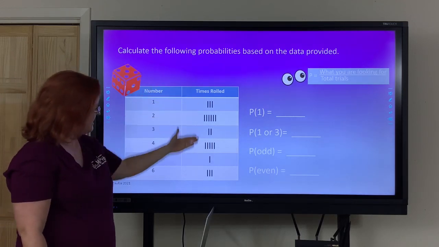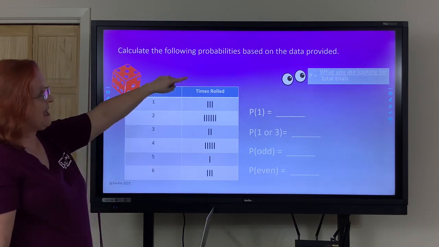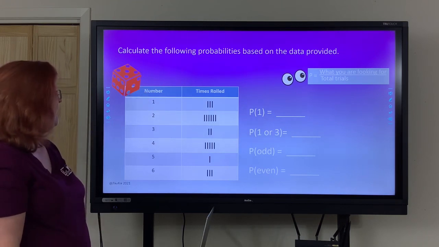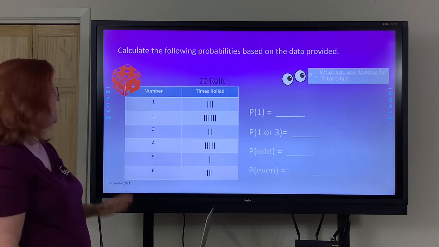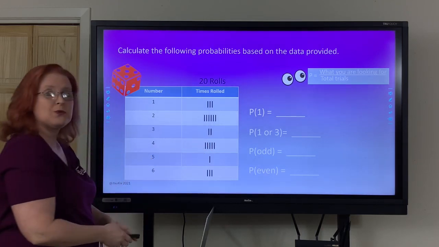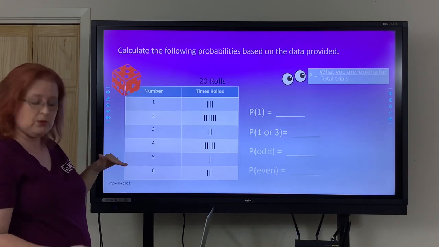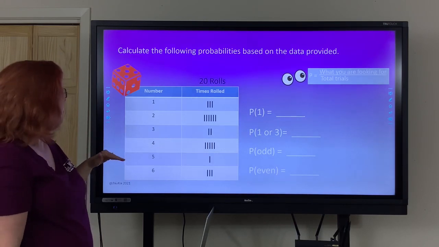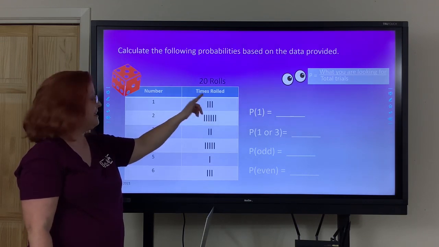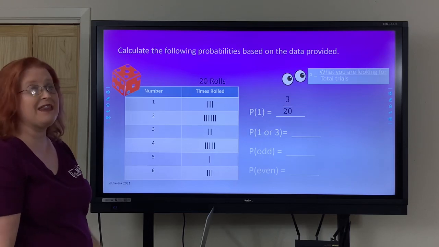I have all of these different numbers, and now I need to know, because I'm looking at total trials, how many times did we roll this dice? And so we rolled it 20 times. If you count them, you end up with 20 different times. So our bottom number is going to be 20. So if we look at how many times we rolled a 1, well, count the little marks. We rolled a 1 3 out of the 20 times we rolled it,